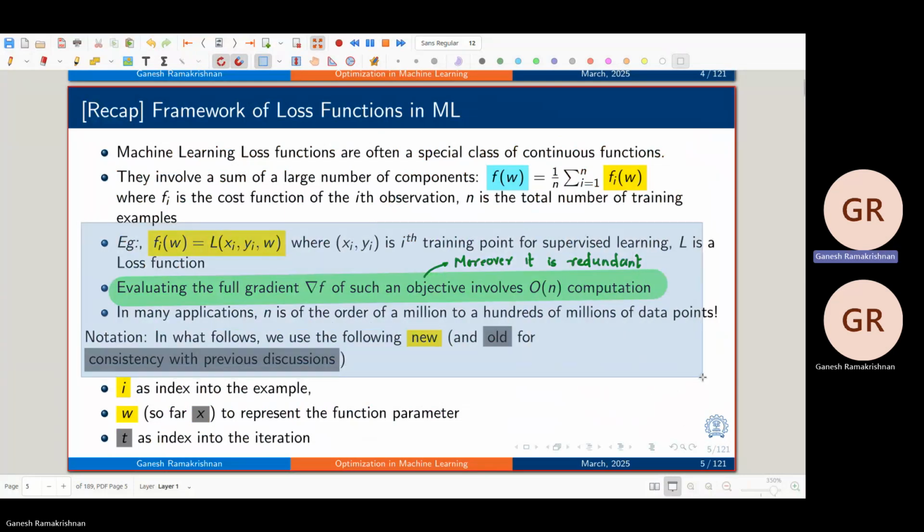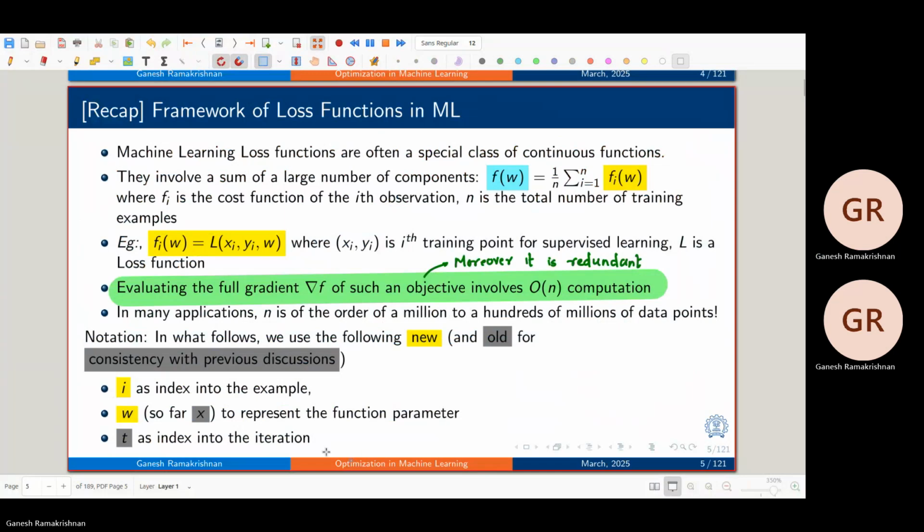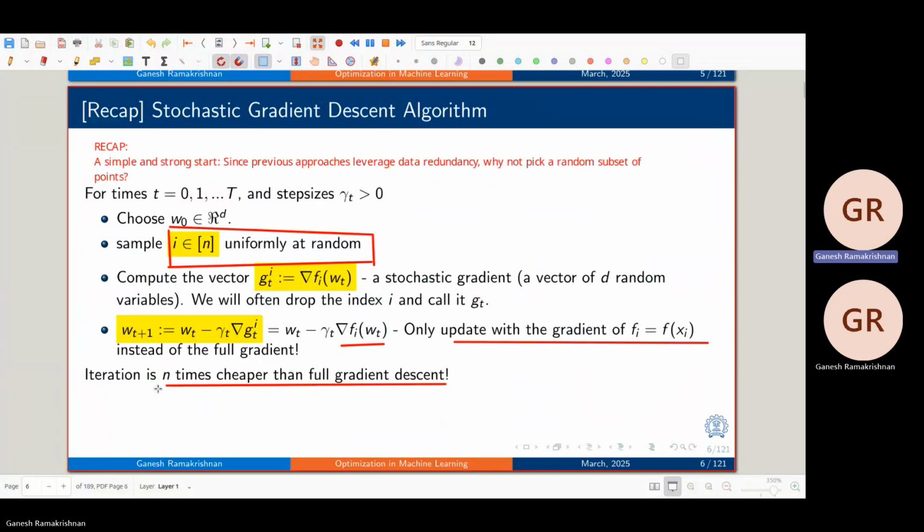So instead of evaluating the full gradient of the objective, if we only look at the example i randomly sampled to update the parameters W at iteration index t, what happens, right? And then we concluded that if you pick uniformly at random, certainly each iteration is going to be n times faster because you are avoiding a summation over all the examples. Is that good enough? Iteration being n times cheaper, but